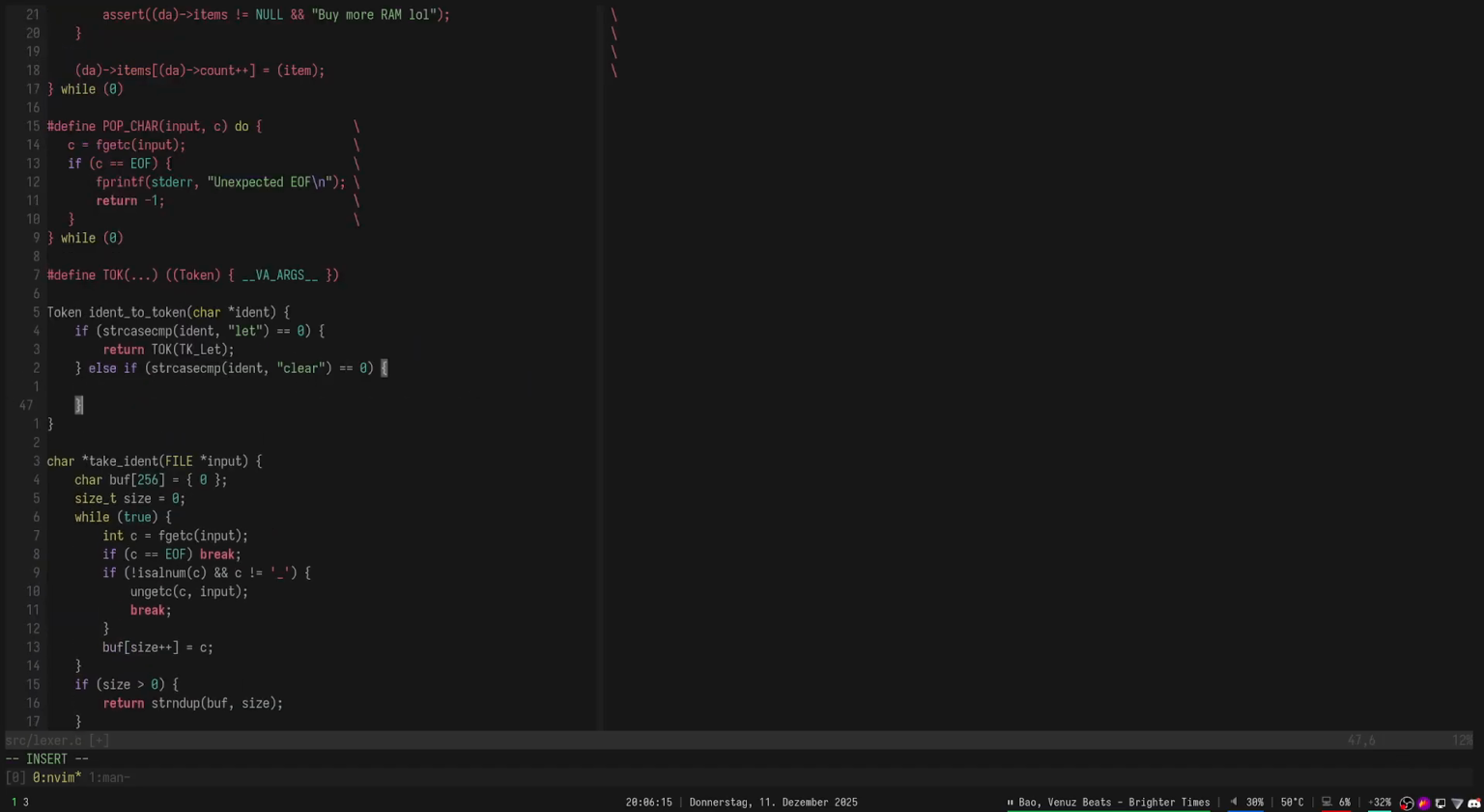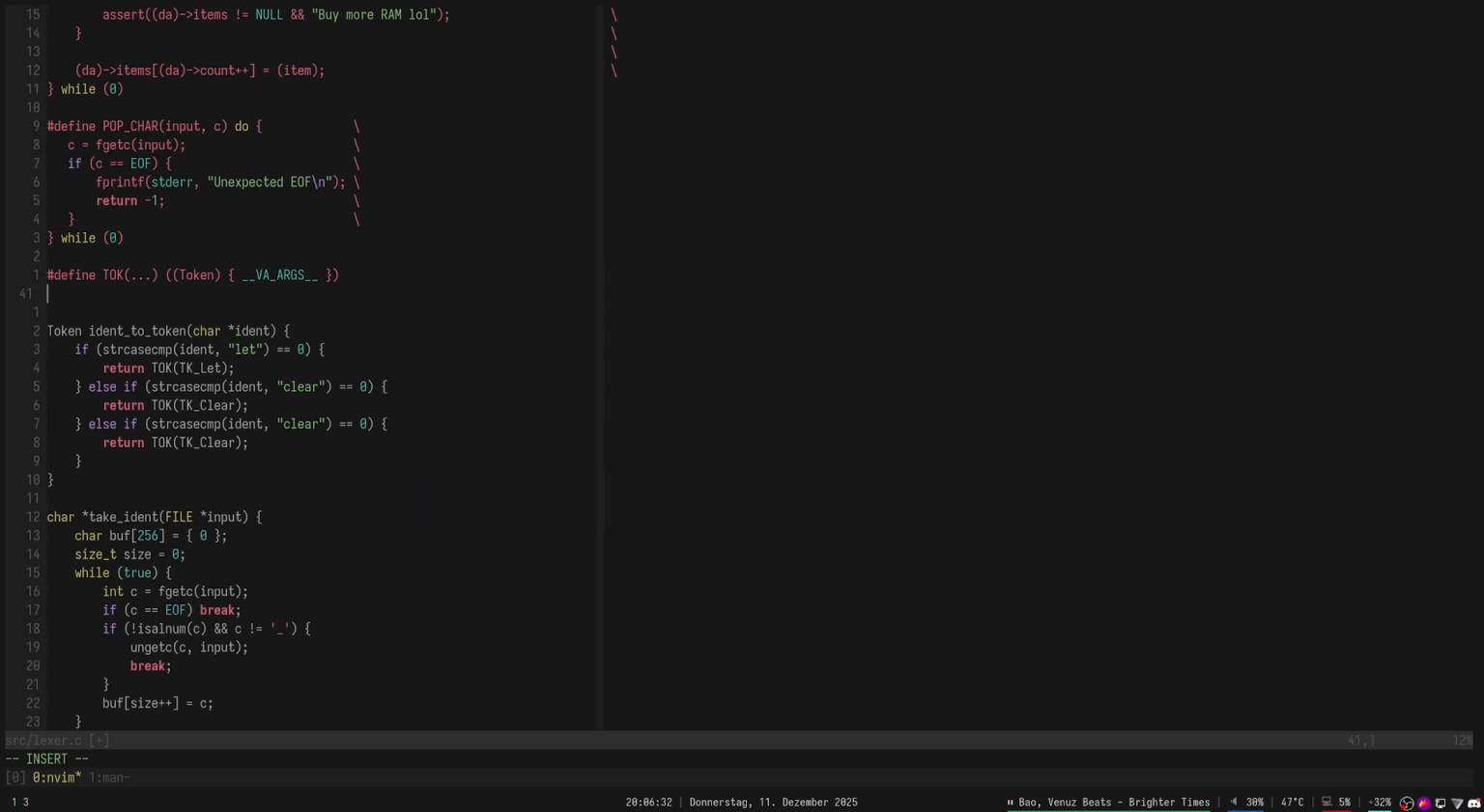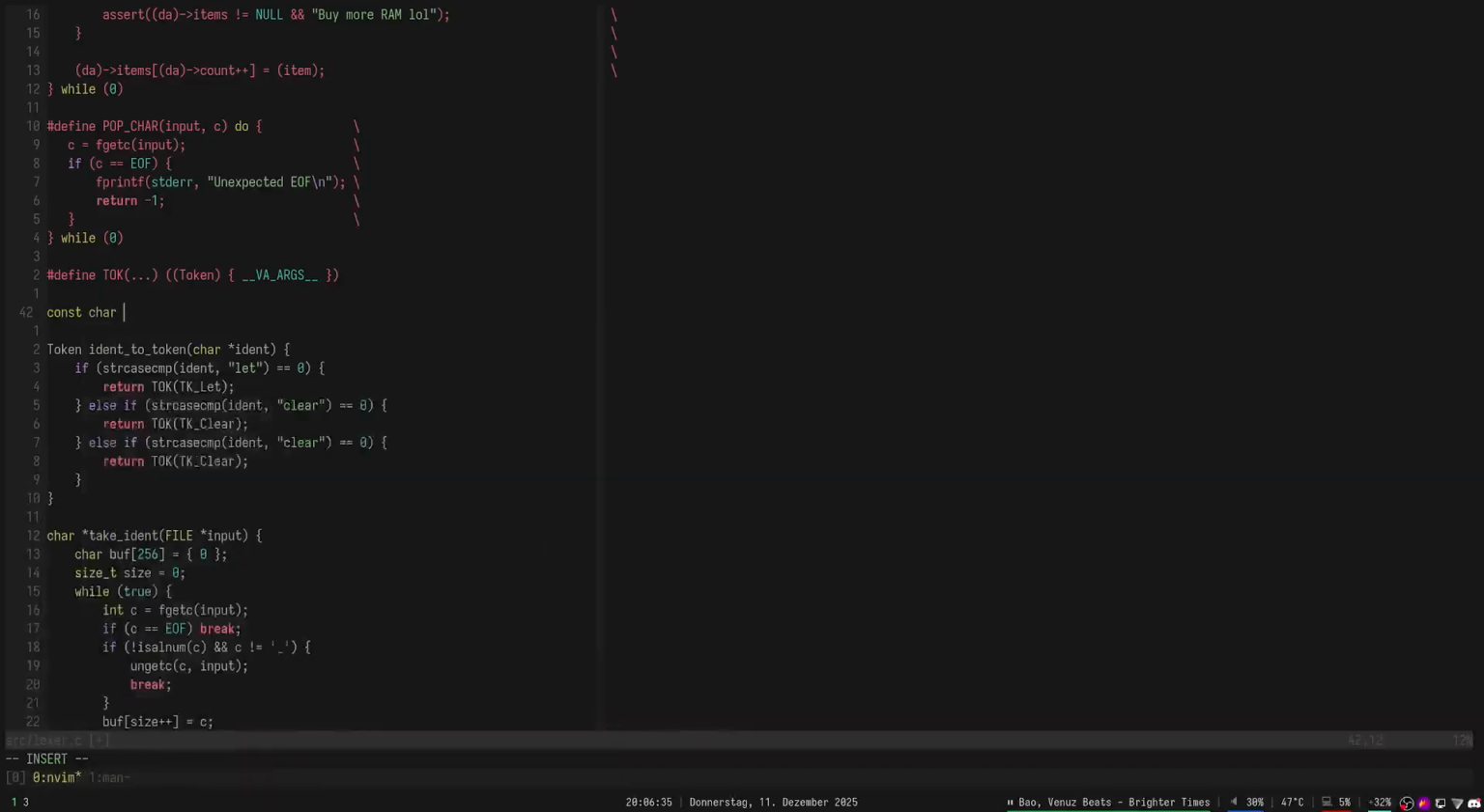This is 0. Then we're gonna return tk clear. And we could do this in a loop. I don't think it's actually worth doing it in a loop. Is it worth it? Yeah, we might as well. That implementation is fairly straightforward. So we can say const char star. Oh, we really can't just put it into a loop, can we? Oh, no, I guess we could do